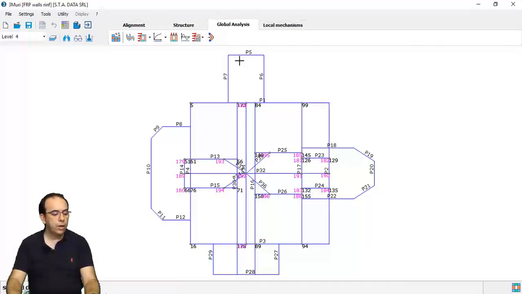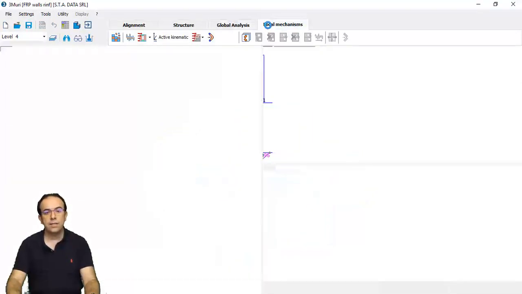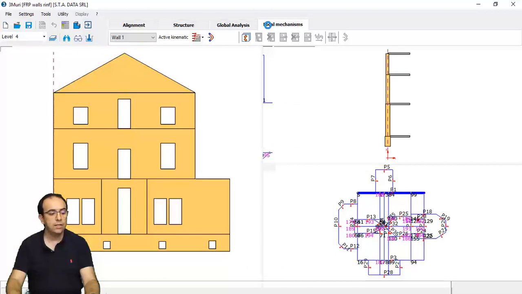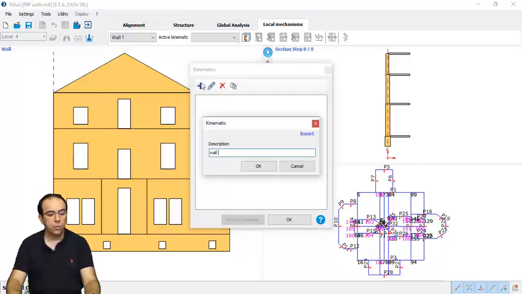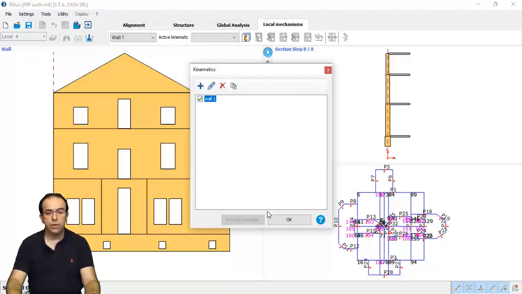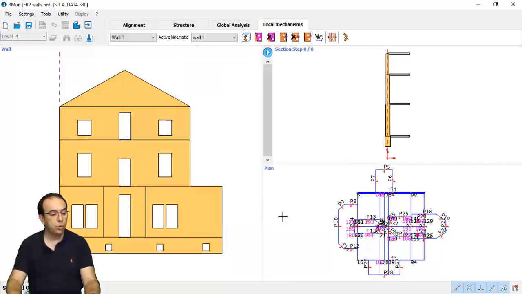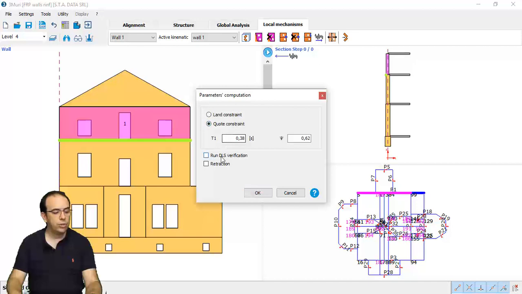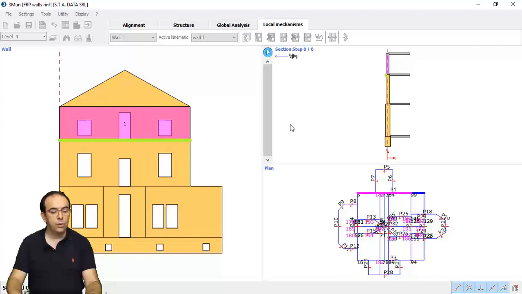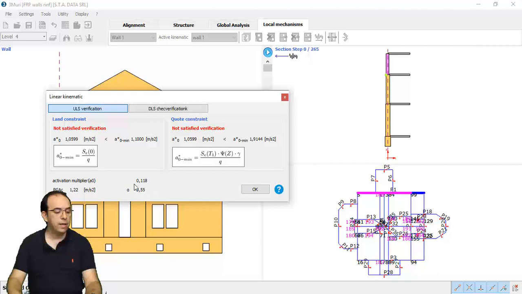Now we can move to the local mechanism analysis. It's another local analysis, as was the single wall pushover analysis. In this case, we can analyze the out-of-plane behavior of our structure as a rigid body. We can select the wall, giving a name to the mechanism we want to analyze, and then we can draw on the wall the profile of the rigid body that has to overturn on our structure. So we can run the calculation, select the quote constraint, the retraction of the hinges, and the reduction for the behavior factor. At the end of the calculation, we can see the factor for the seismic assessment that is not